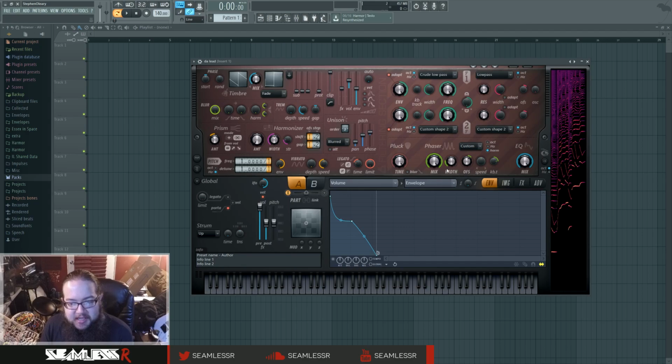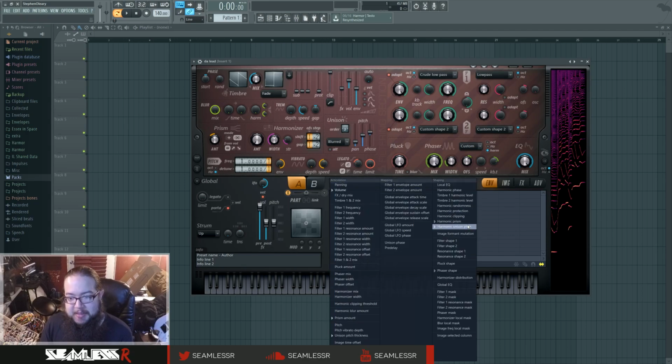Phaser's doing his thing. It's in the harmonic mode. It's important that it's in the harmonic mode because we're doing all this pitch motion. The harmonic mode of the phaser keys into the phaser's position and what harmonics it decides to turn on and off based on pitch motion. So there's a lot of that going on with the Prism, but also with the unison index mapping,